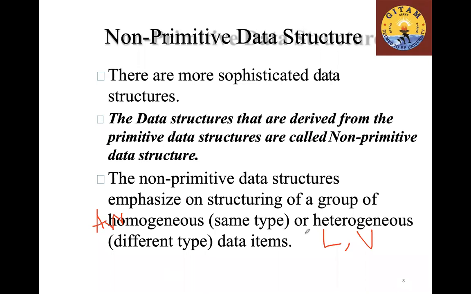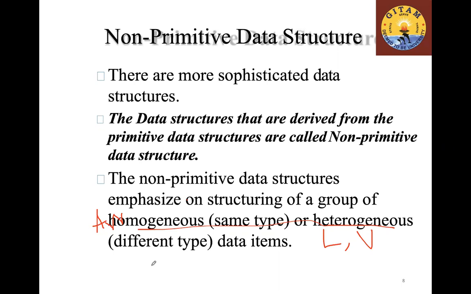Coming to this, the non-primitive data structures can be homogeneous or they can also be heterogeneous. Let us go into this example. When you consider homogeneous, it means that all the values in a data structure belong to the same data type or the primitive data structure. Once again, I'm repeating it. If you consider an array, you can only put all the values in the data structure as the same primitive data structure. But when coming to heterogeneous, I hope you remember we can do anything in the lists, right?